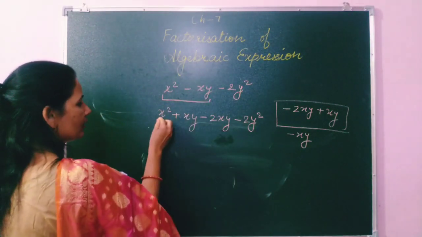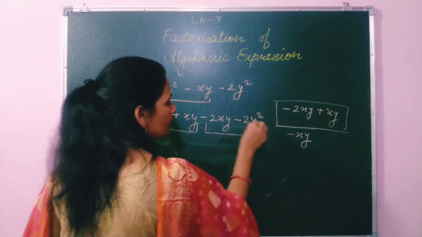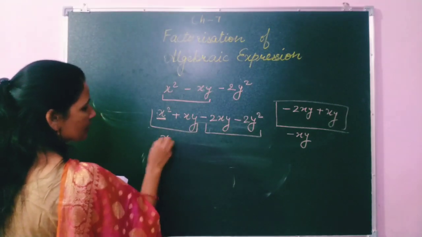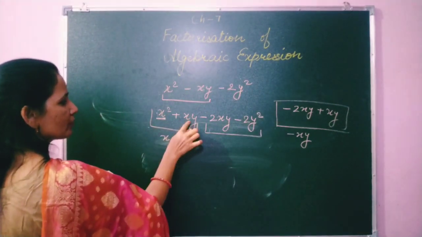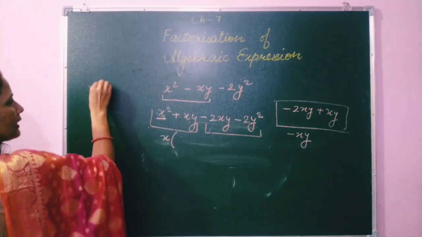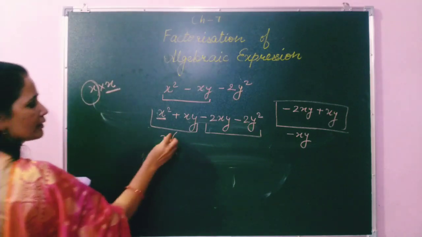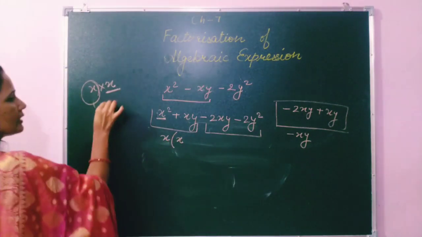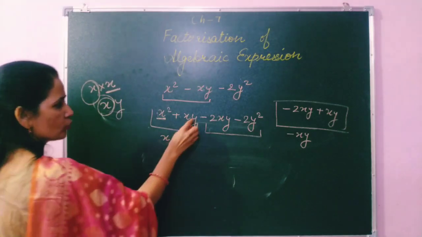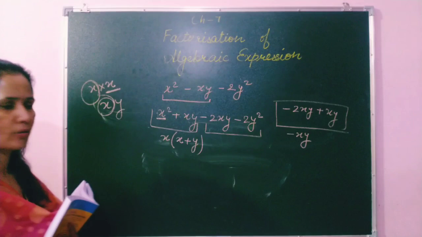Okay, then after finding the common term, take a pair of two terms. I have taken the pair of two terms. Which term is common here? x. Out of these two, which is common? x. So here is x square, x into x. So one x we have taken. What will remain? That is x only. So here is x and y. We have taken x as common. So which variable remains? y.